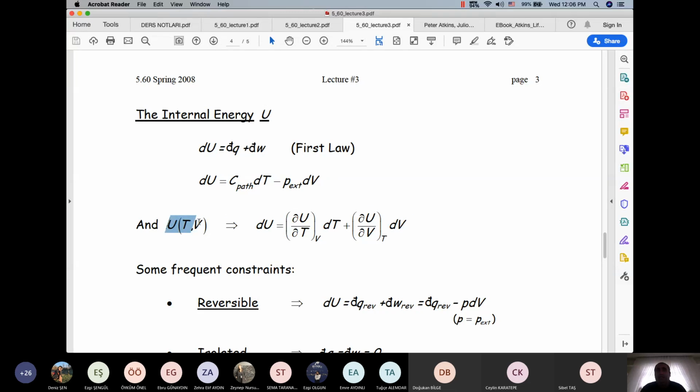As long as I can write an equation like this, I can also write this formula. So,